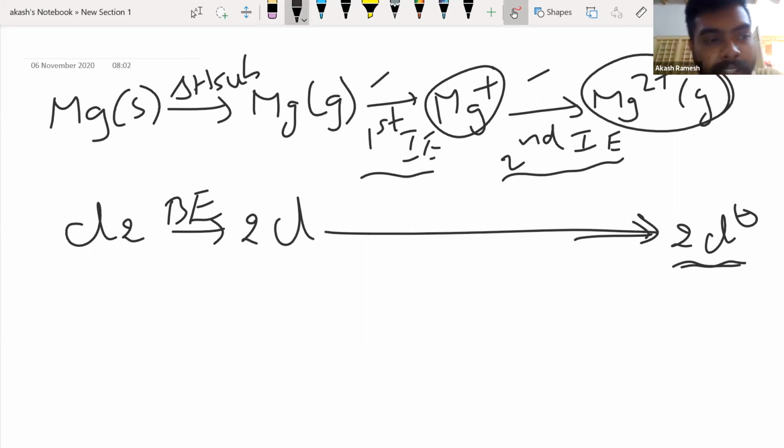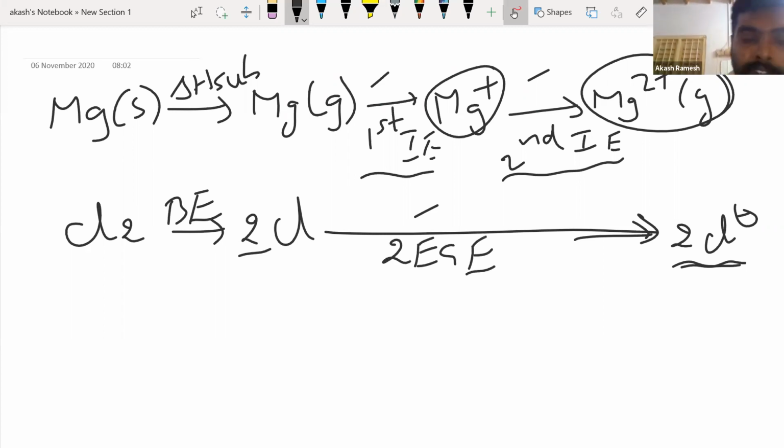Now tell me, what is the enthalpy which I have to supply here? Electron gain enthalpy. That's it. How did you define electron gain enthalpy? For 1 mole of Cl to convert to Cl-, it is electron gain enthalpy. How many do I have here? 2 electron gain enthalpy. Right. So it is going to be 2 into the electron gain enthalpy.